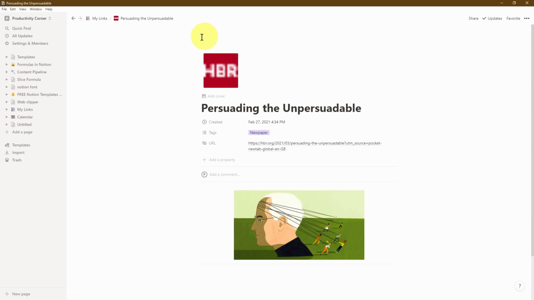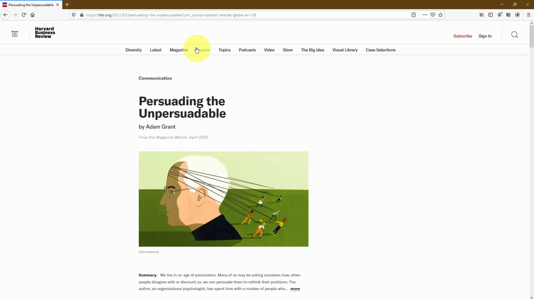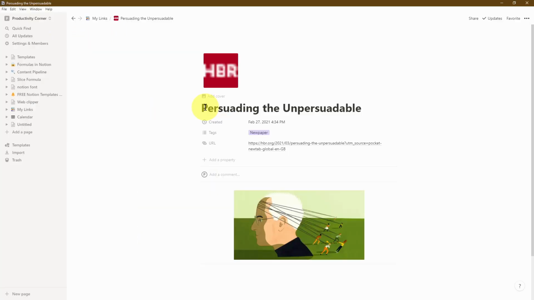So the icon for our page in Notion is the HBR icon. If I go back into our website, you'll notice that this is the Harvard Business School default icon that they probably have on this website, and Notion is able to pick that up even though we can't necessarily see it by default. The page title has now become the Notion page title,